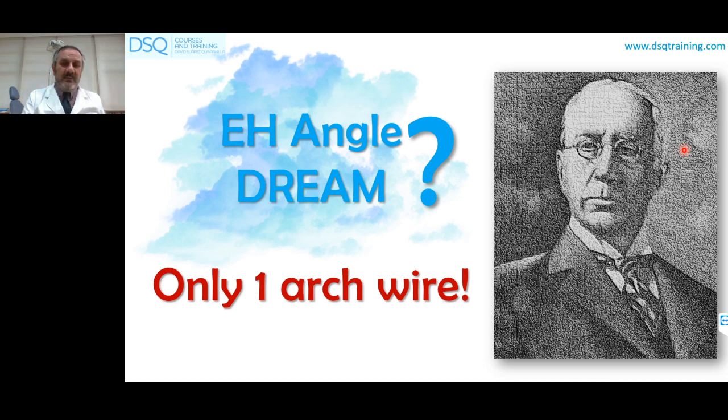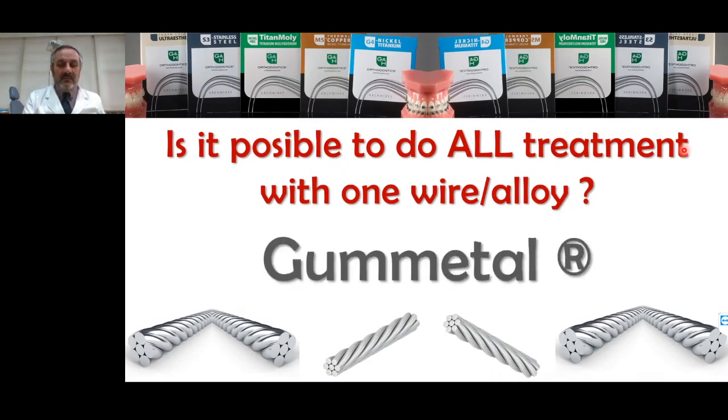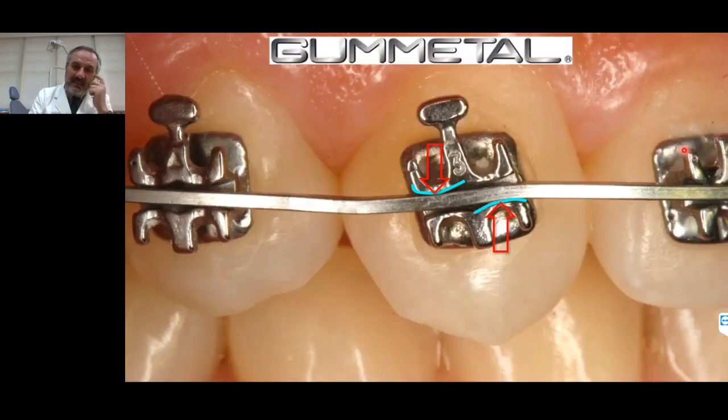Angle. The dream of Angle: only the use of one arch for all the treatment. Is it possible to do all the treatment with one wire alloy? Yes, thanks to the gunmetal. The gunmetal presents a lot of advantages. It's possible, with a very spectacular biomechanical behavior, and it presents a lot of very good properties to work in the mouth with only one wire